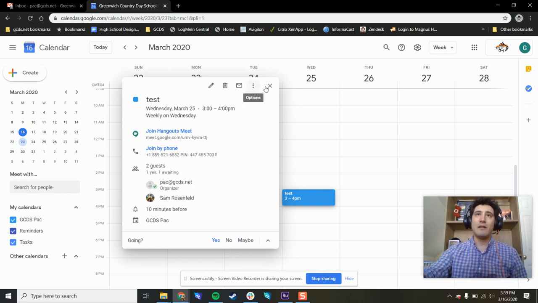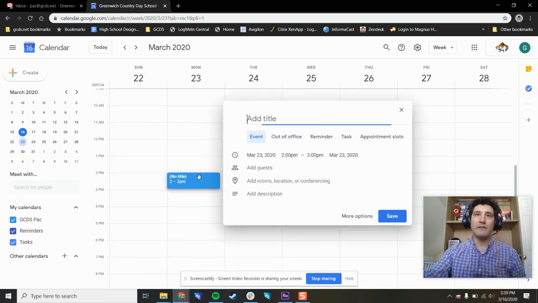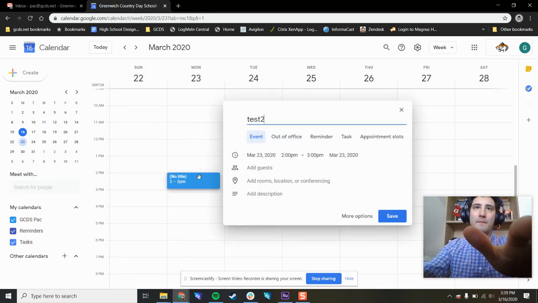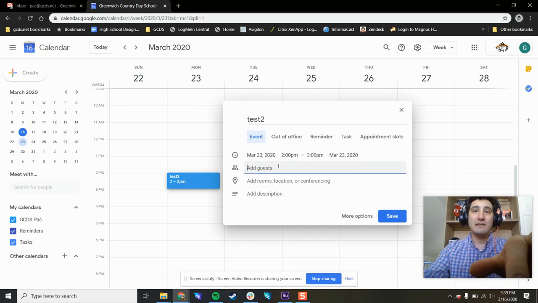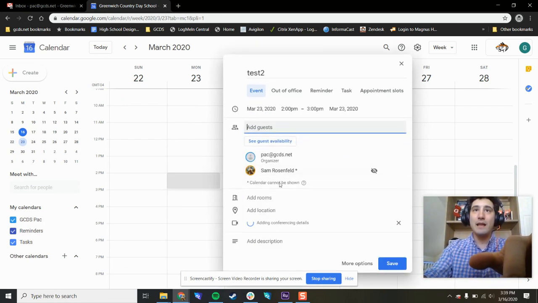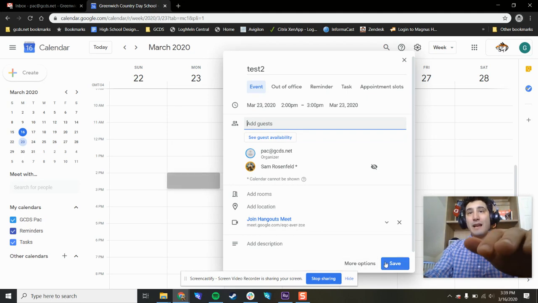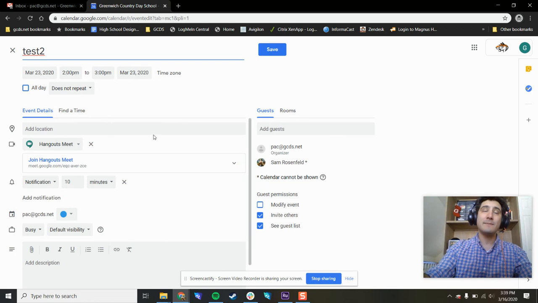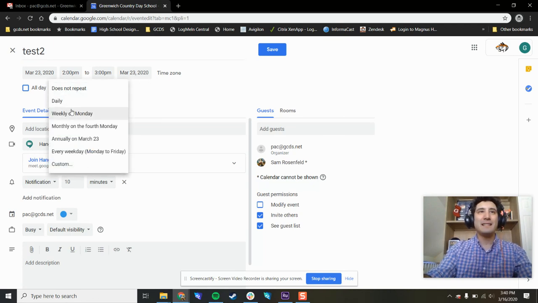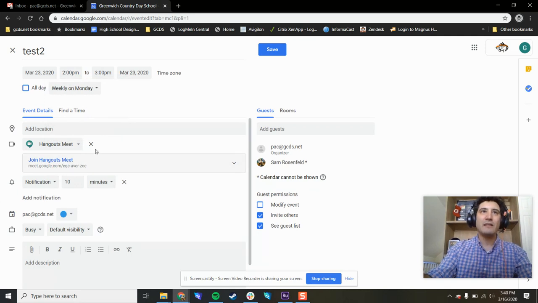So again, all we did was create a calendar event. Here's another one. I can add a guest to it, and it automatically creates that link. I can either create it and then press the pencil, or I can press more options. It gets me to the same screen. And instead of choosing not to repeat the event, we can make this happen every week or every month, and that phone number and that link will remain